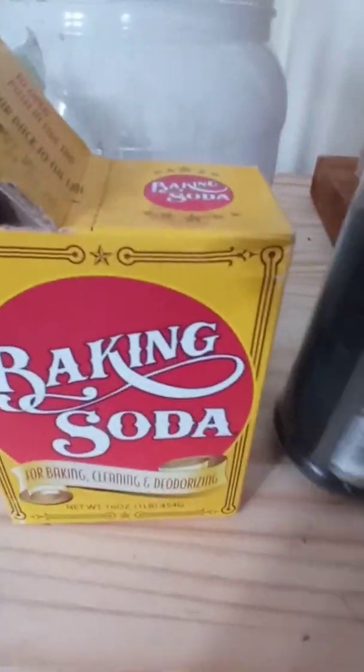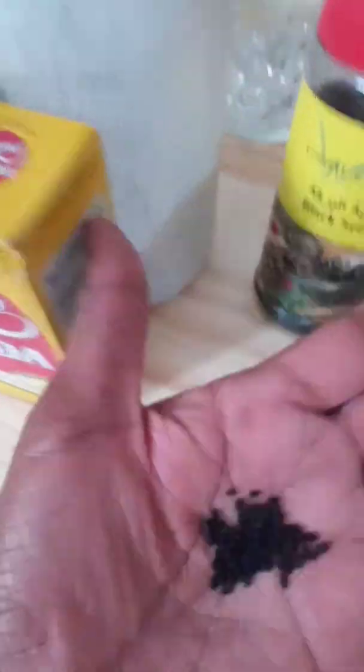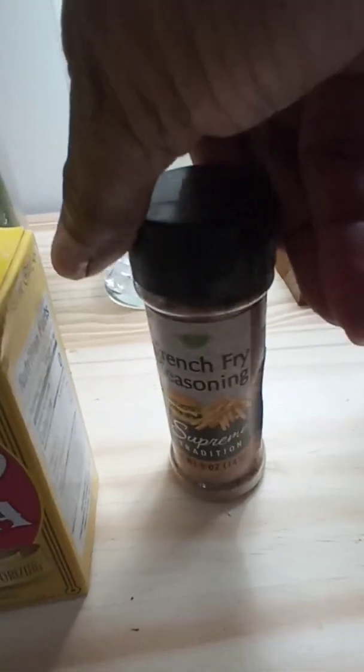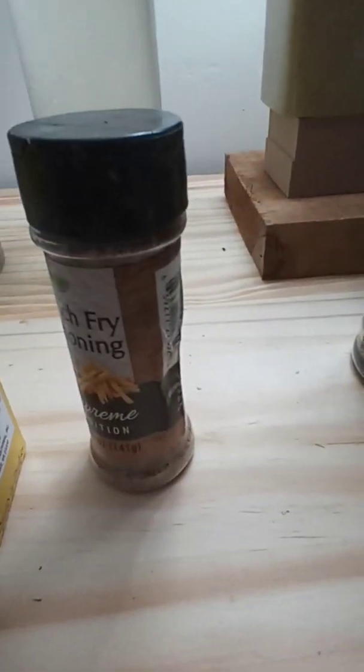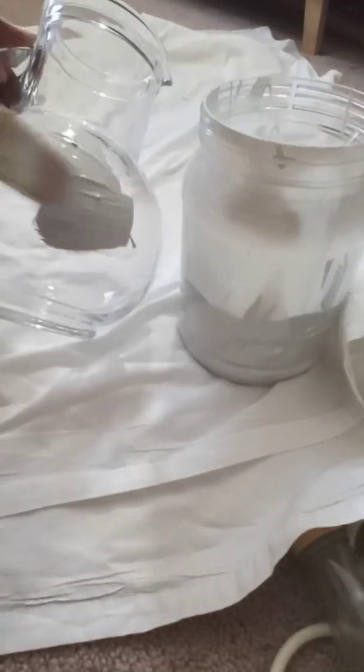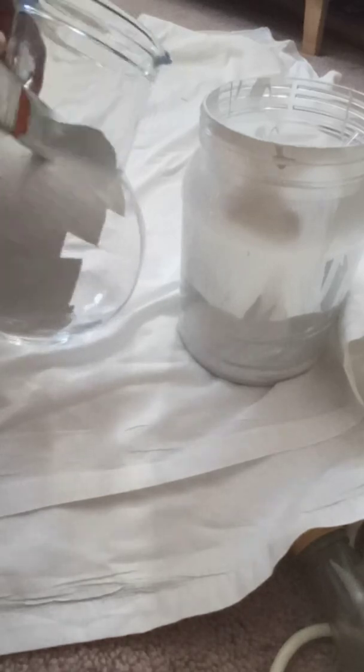I wanted to give it a gray color versus the all white that I've been using. So I added just a little bit of black to give it that gray color, and I took some baking soda, but I also added some seasoning. It was gritty. I think this is the French fry seasoning. And I just put a thin coat,